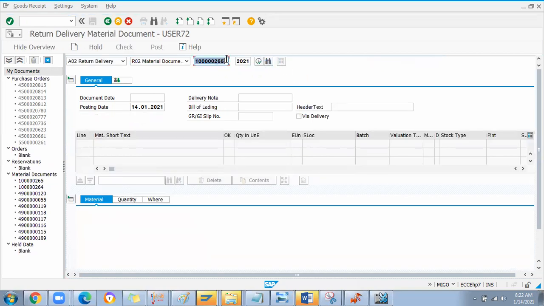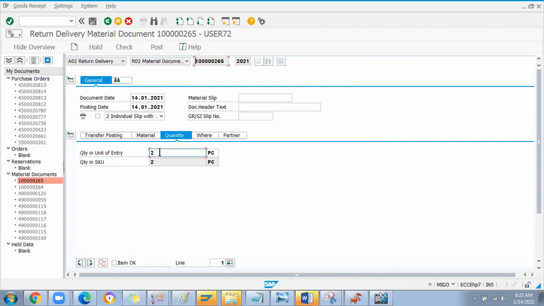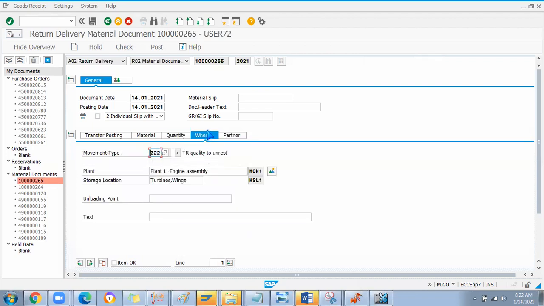Okay, for example, this is a material document which you posted with two numbers. Anyway, one number you accepted from the quality side, and one number is rejected. You just imagine it is blocked. So this quantity which we received is two numbers, but I'm not going to return two, I'm going to return one, because one is good, which we moved to unrestricted use. Okay, so how to return, and how will the system understand from where it has to be returned?